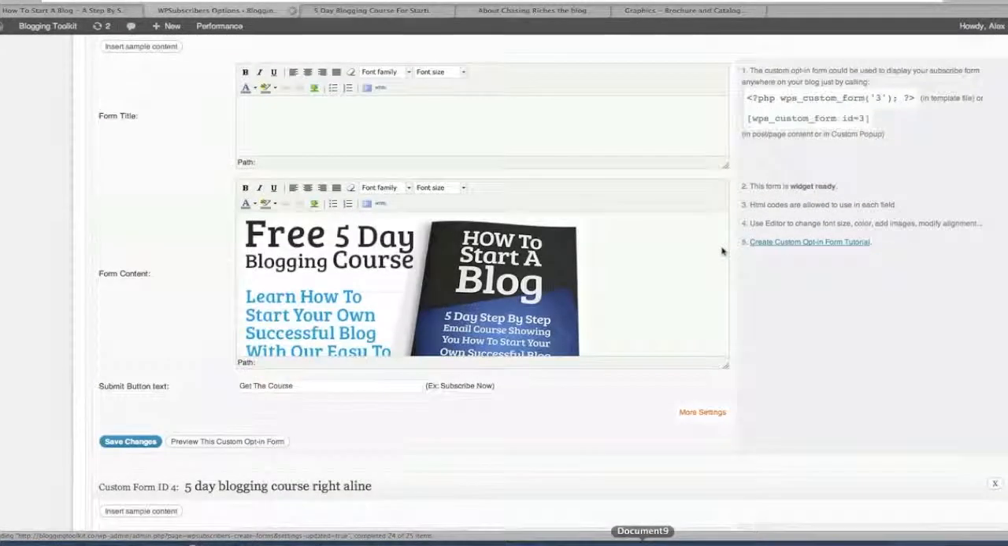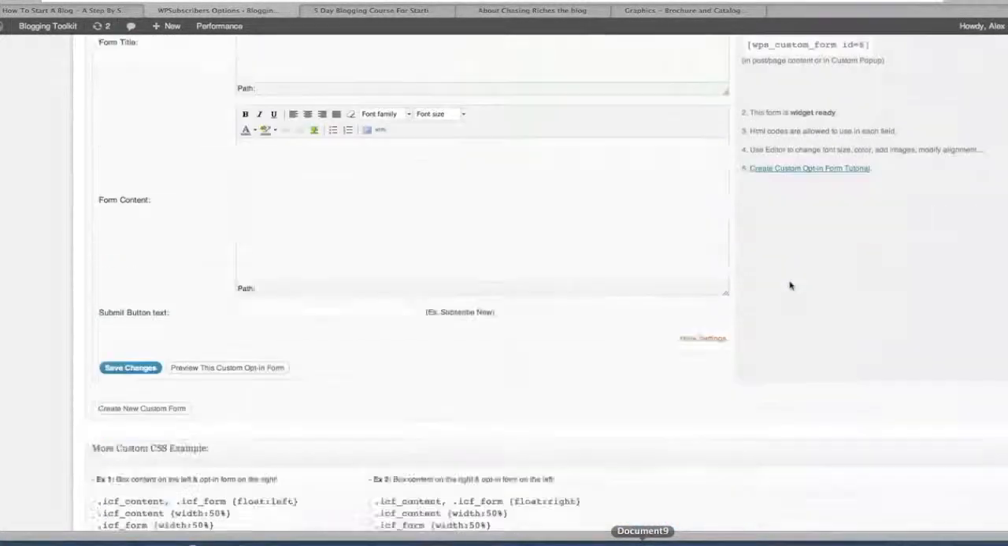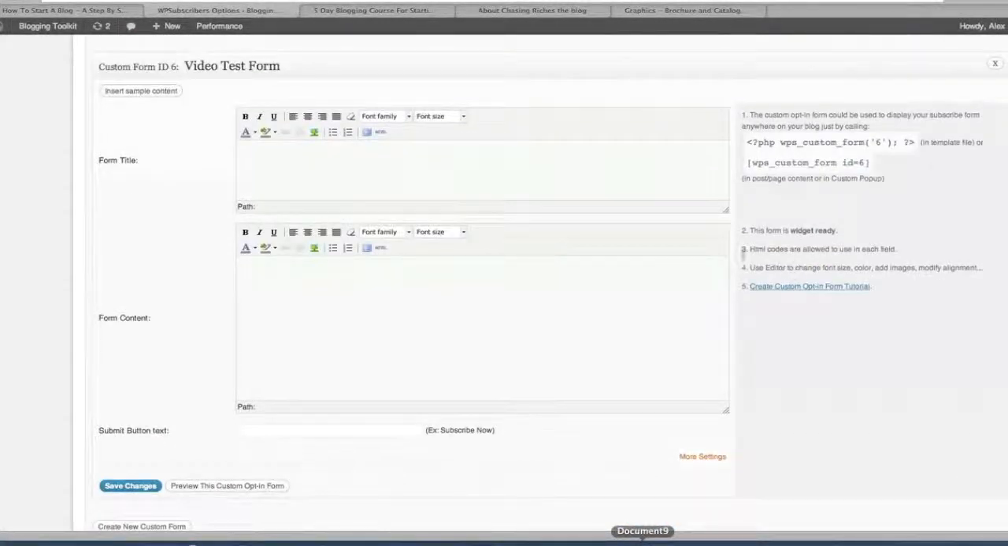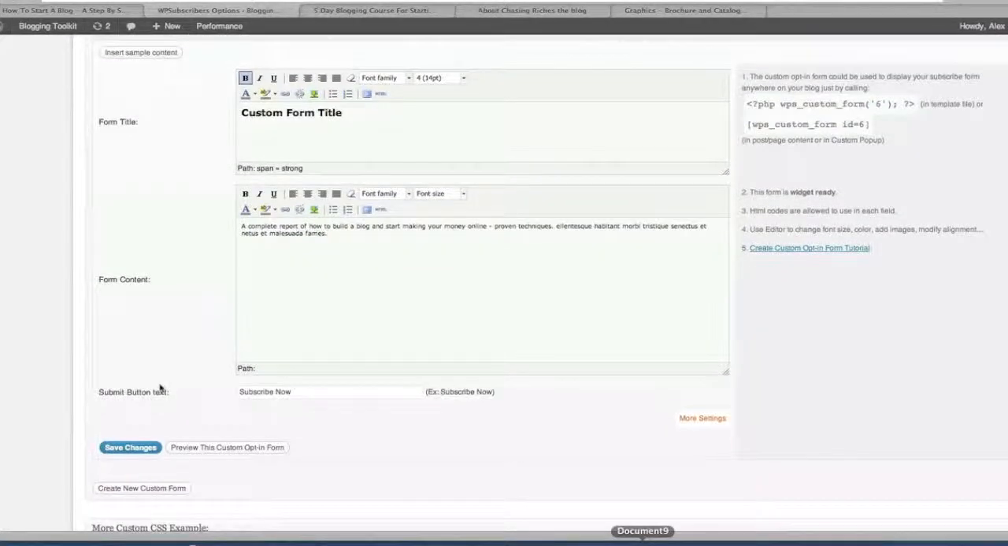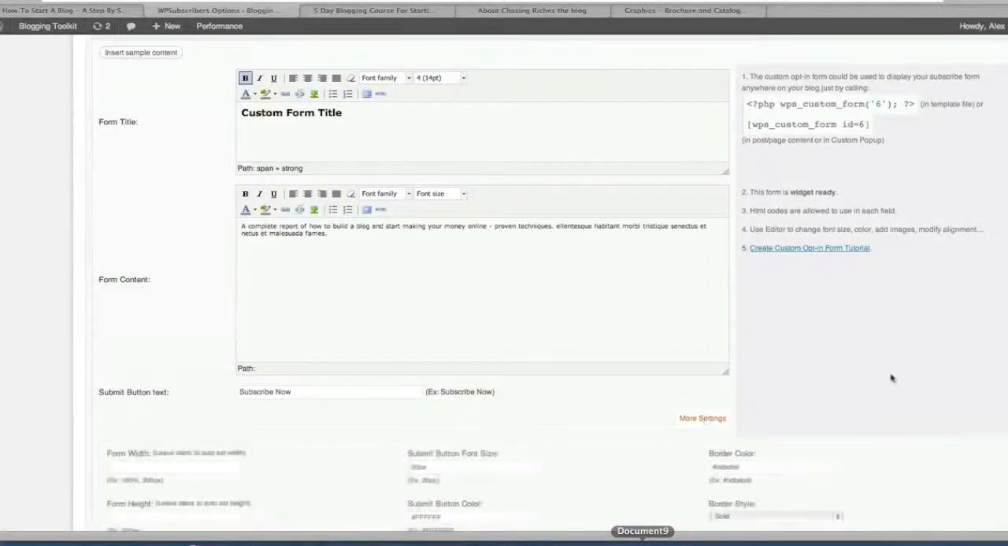That's going to be right at the bottom here. So as you can see, you have form title and form content. You can insert sample content, which gives you some writing in there and sometimes an image depending on what you're creating. And you can then customize everything on the form, so what you want on it, what you want it to look like. You can submit the button text, and then it's also got more settings here as well,